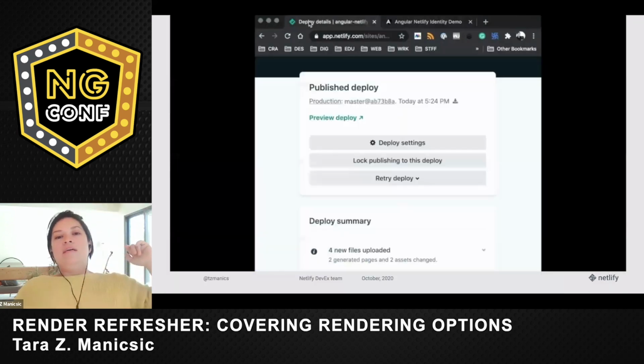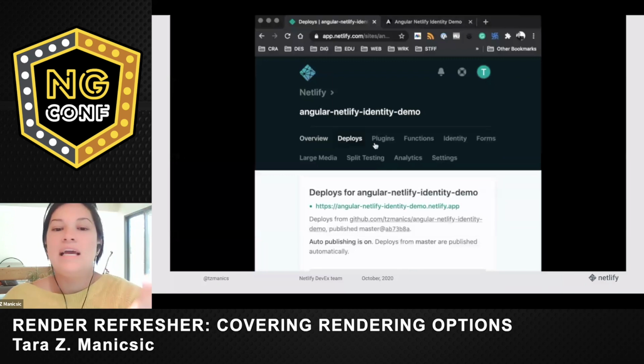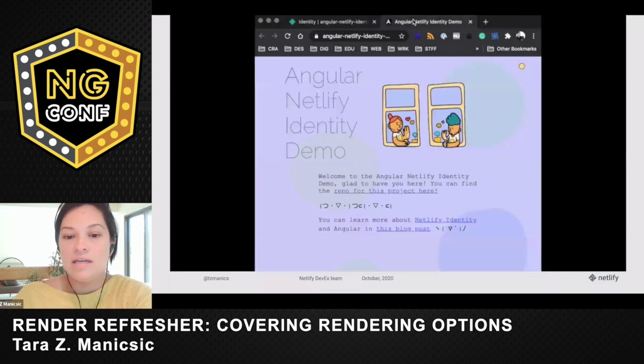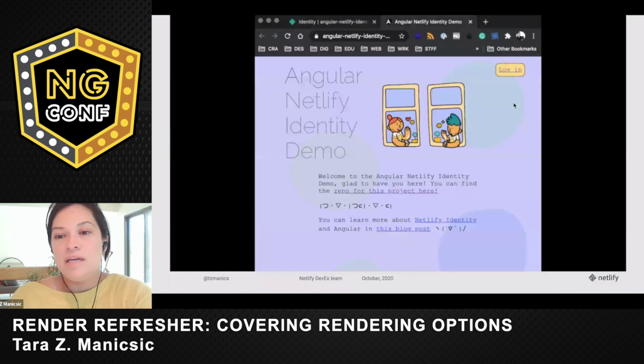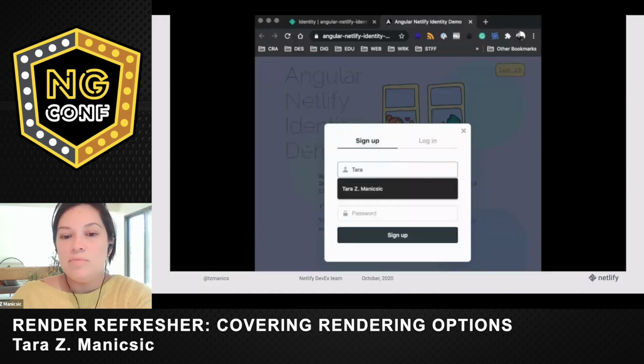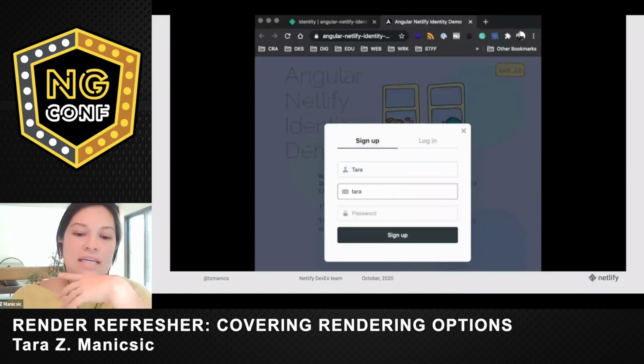And this is what it looks like. Basically, I added that information. I went and I enabled it on the UI. It says it's enabled. I refresh the page. In that top right section, you see now I have a login button. And when I click it, users have the ability to sign up and get their information in there to sign up. But they also are able to log in